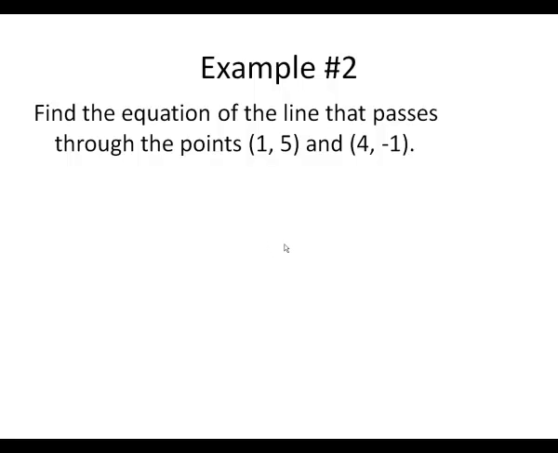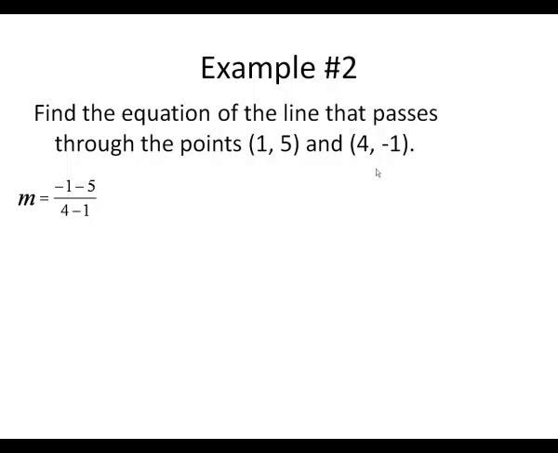We want to find the equation of the line that passes through the points (1, 5) and (4, -1). Here they did not give us the slope, but they gave us two points. So we're going to start off by calculating our slope, and slope is equal to the difference in our y values. I started with the y from the second coordinate, -1, and subtracted the y from the first point, which was 5, so -1 minus 5, and then we divide by the difference in our x